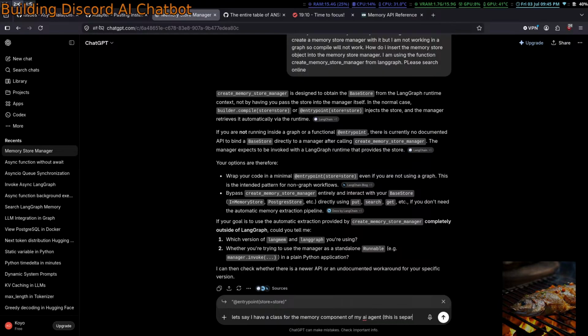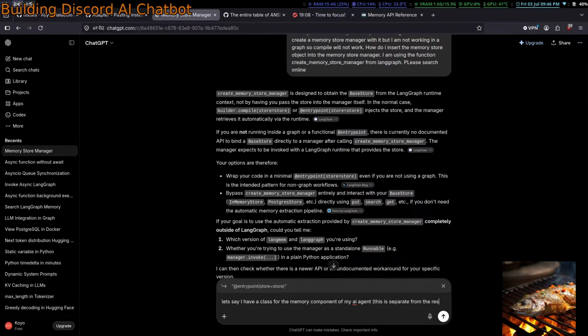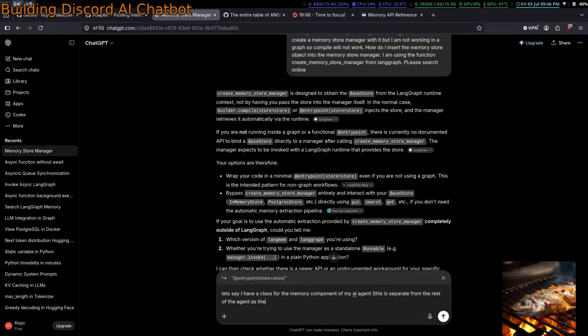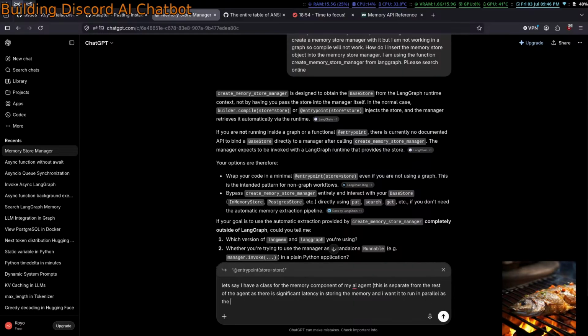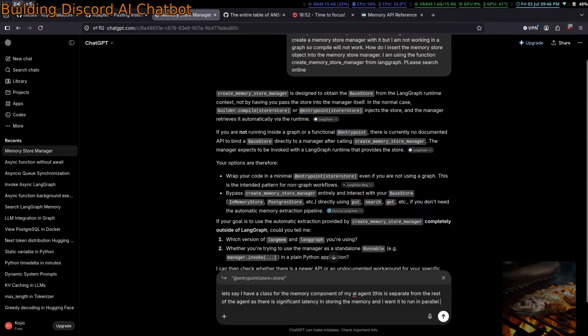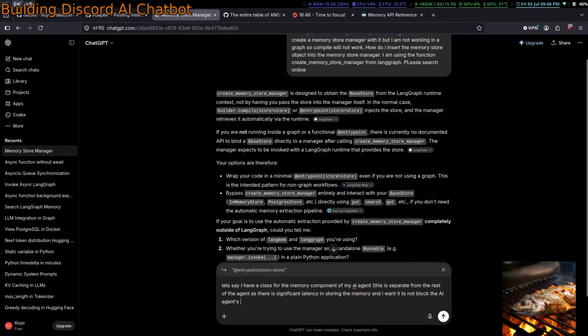This is separate from the rest of the agent as there's significant latency in storing memory, and I want it to run in parallel so as to not block the AI agent's response.